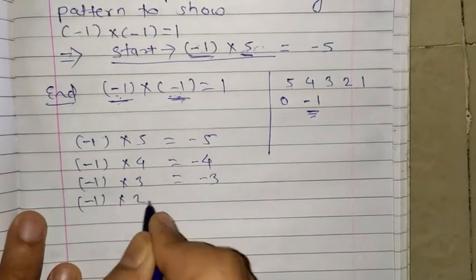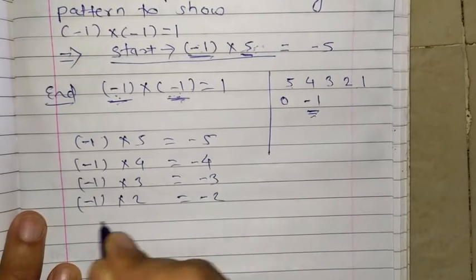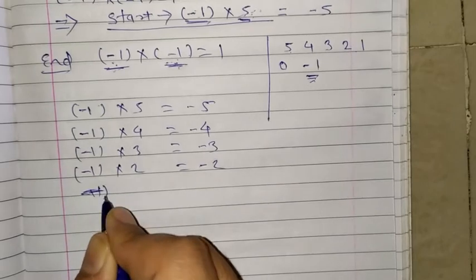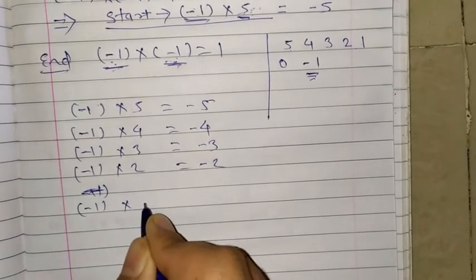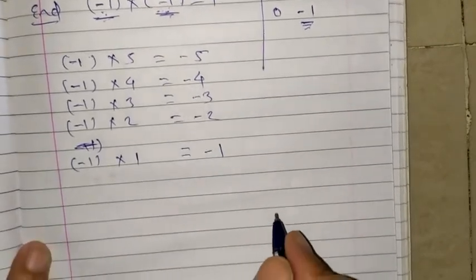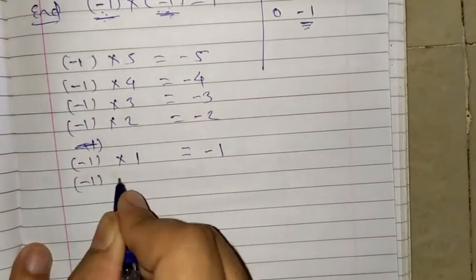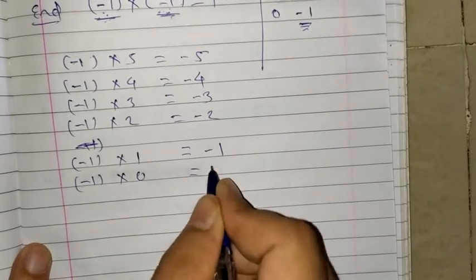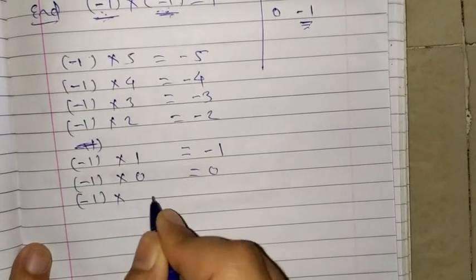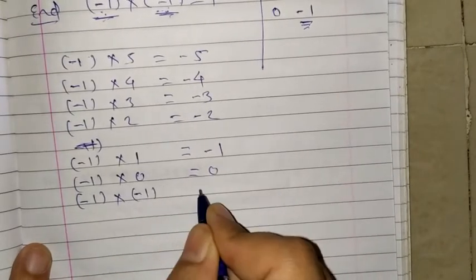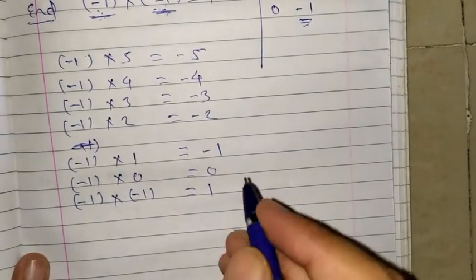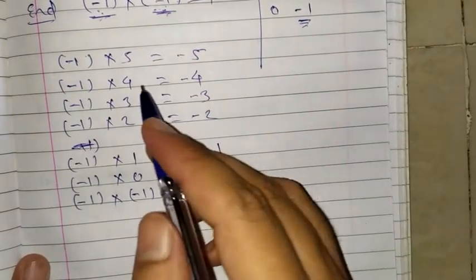You do the same: minus 2, then minus 1 into 1. After 2, 1 will come, so it is minus 1. Then again you write minus 1 as it is, after 1, 0 is there, so it is 0. Then minus 1 into, after 0, minus 1 will be there. So finally we reach the end point. So minus 1 into minus 1 is 1. So here you observe,